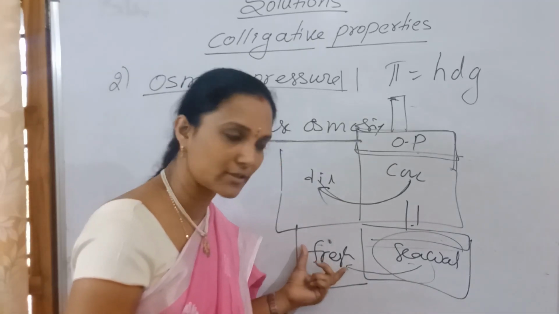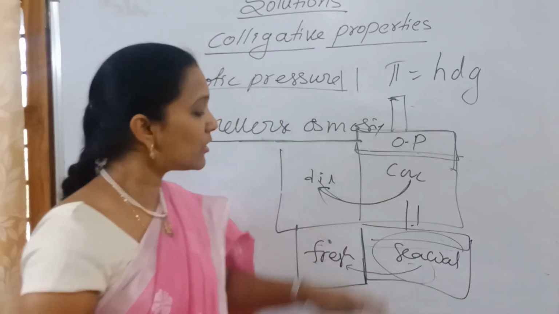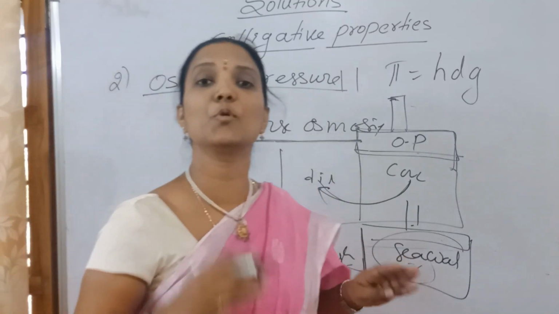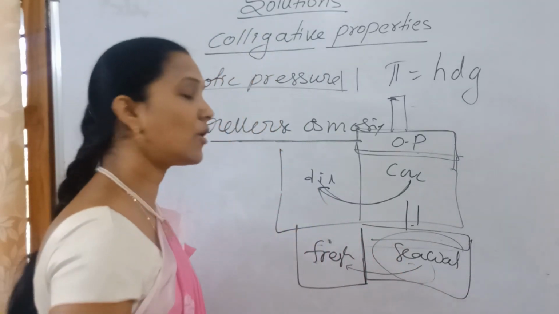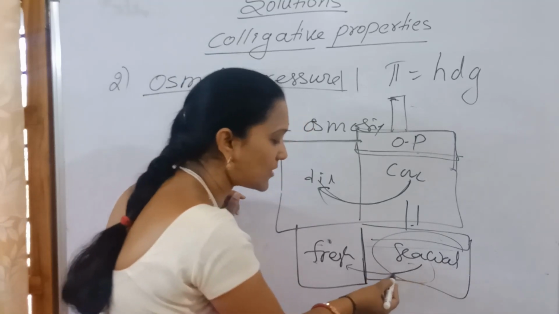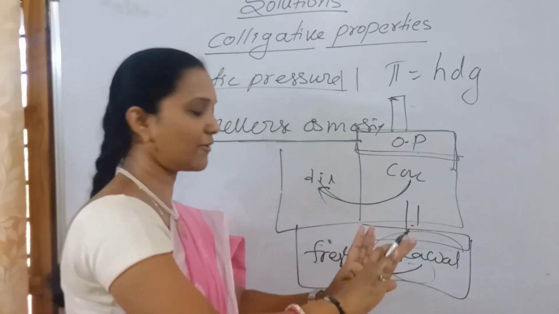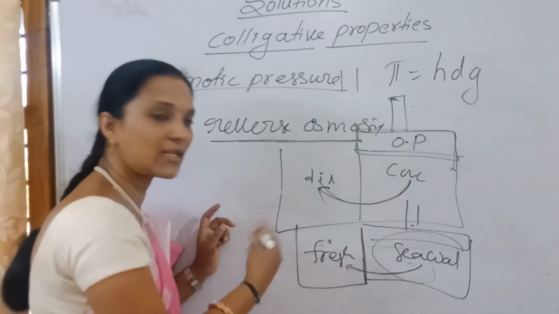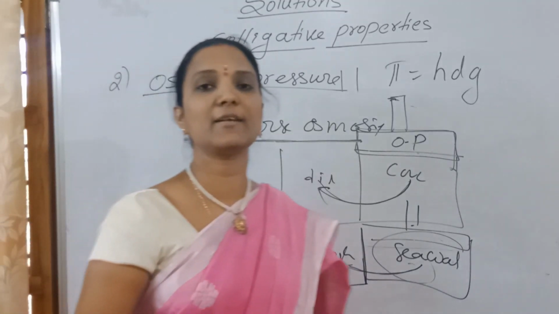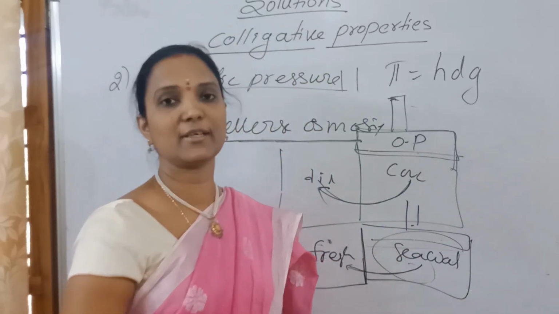One side fresh water, one side seawater, in the middle a semi-permeable membrane. Now on this seawater we apply pressure, more than the osmotic pressure. Then what happens? Reverse osmosis: flow of solvent from concentrated to dilute. From this, water comes out and the remaining salts are left. The water coming out is fresh water, because salts are not there. So we can convert seawater to fresh water. Actual seawater is not for drinking, but we can convert it into fresh water.